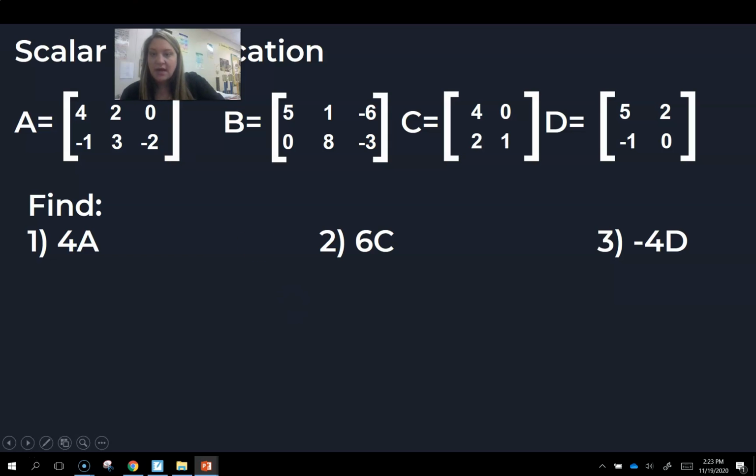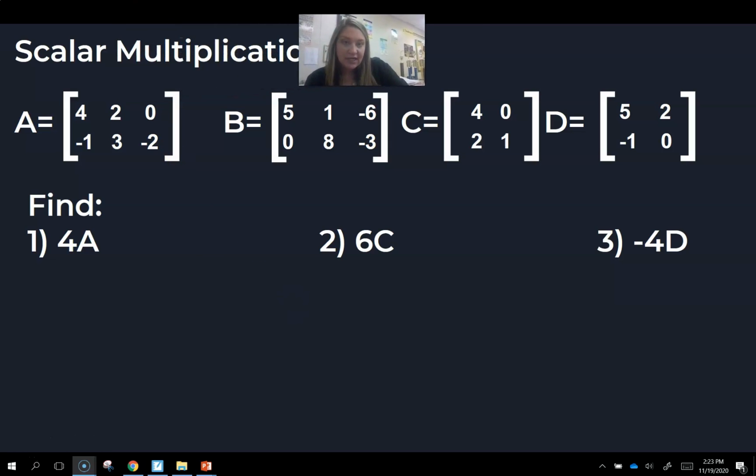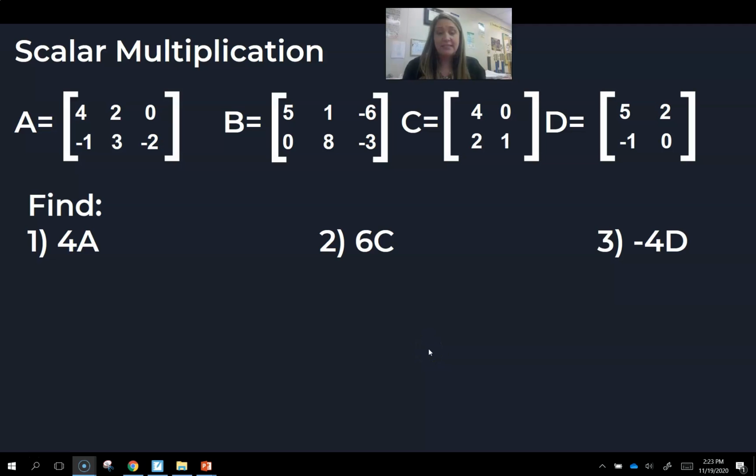All right, so scalar multiplication, what this is when we multiply the entire matrix by one single number. That's it. So if I'm going in the order like we did before, the size of my matrix doesn't matter because we're multiplying the entire thing by just one number. So here with 4 times matrix A,